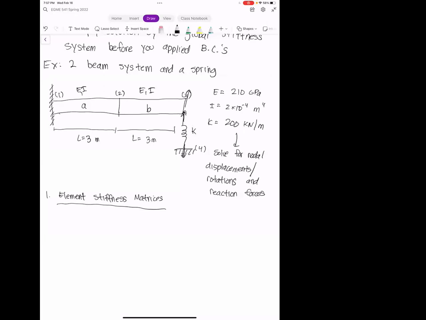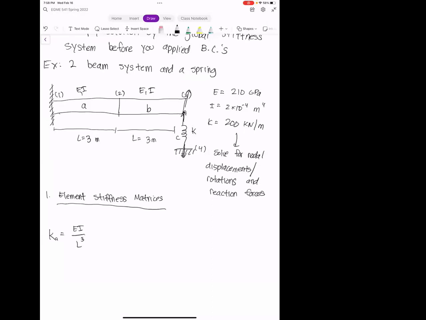Oh, we'll call the spring element C. All right, so let's start with element A. So element A, Ka. We have just a standard beam here. Okay. And so we have EI